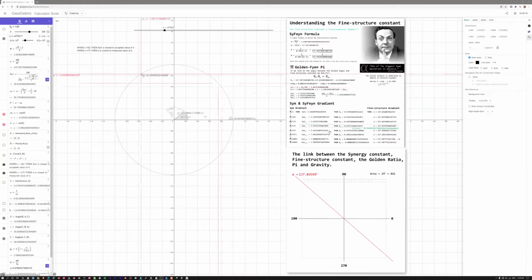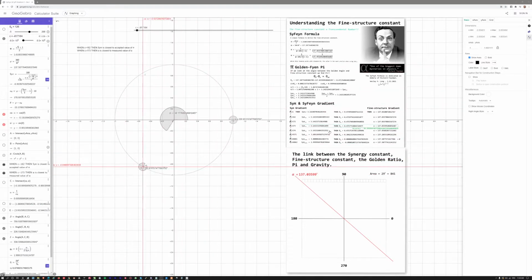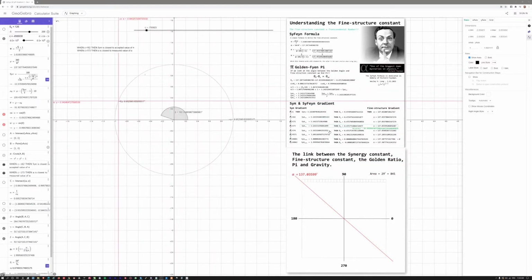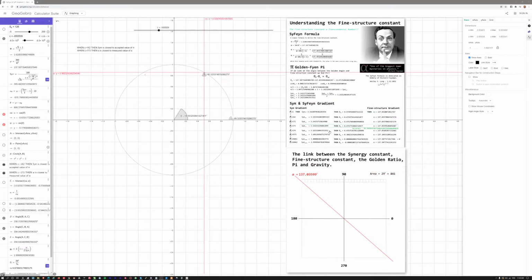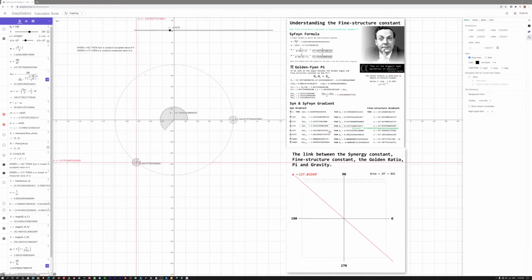Last video that I do for the day, but I didn't want to leave you hanging on the gravity side of things, so I want to explain what I meant by that. One of the first things that I did when I started experimenting with the fine structure constant was I plotted it as an angle. And you can see down here on the right, when you plot it as an angle